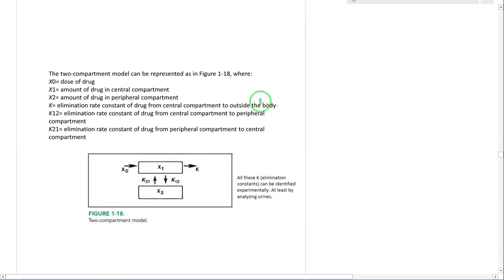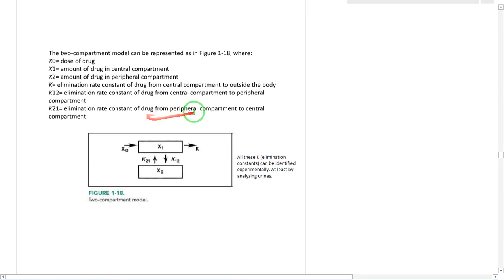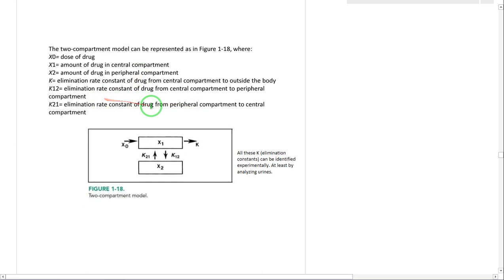Well, you can write some differential equations for your mathematical model, the amount of drug entering and coming out, and this K can be identified experimentally,